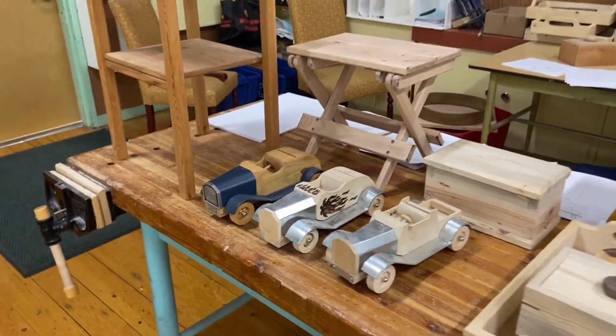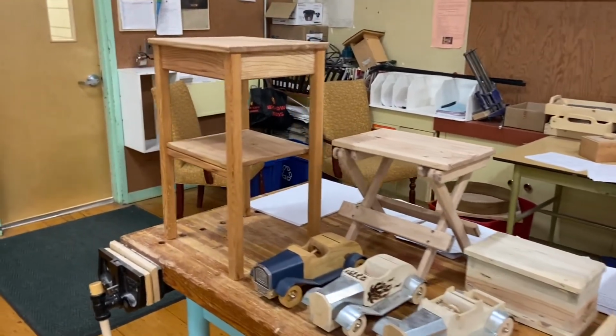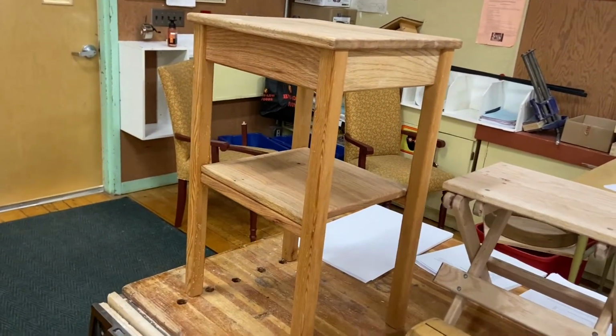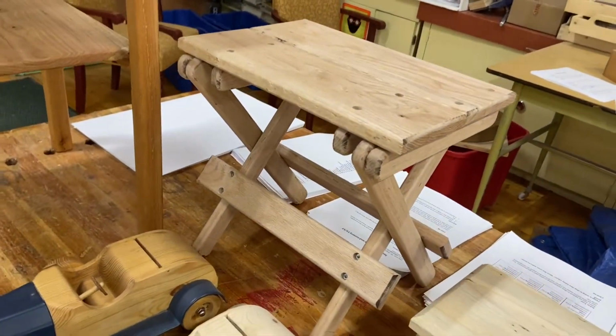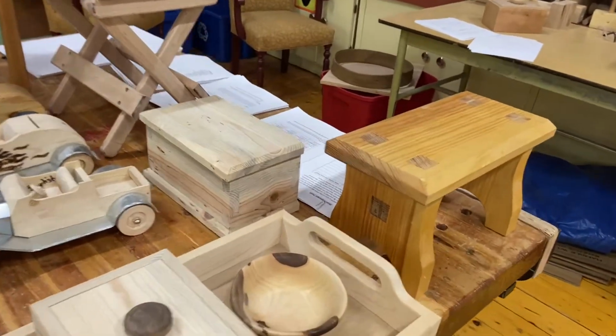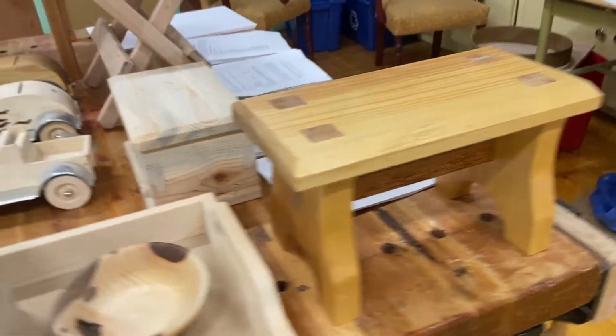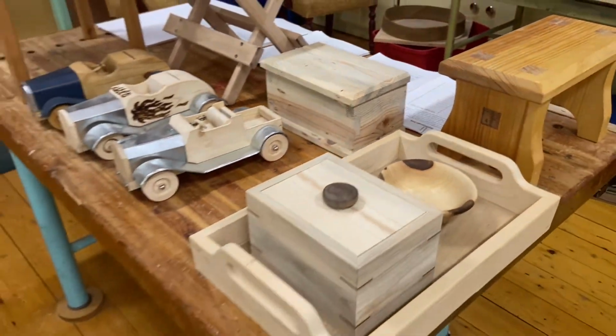Then I have the senior wood shop class, and we'll talk a bit about some of the projects they'll be doing, such as small furniture projects, maybe like this side table, or we got this nice cool little camping stool, which is one I did with my EPIC students last year, and some various hand tool projects, for example, like a little step stool like this, or a little wooden box that uses hand cut joinery, and all sorts of